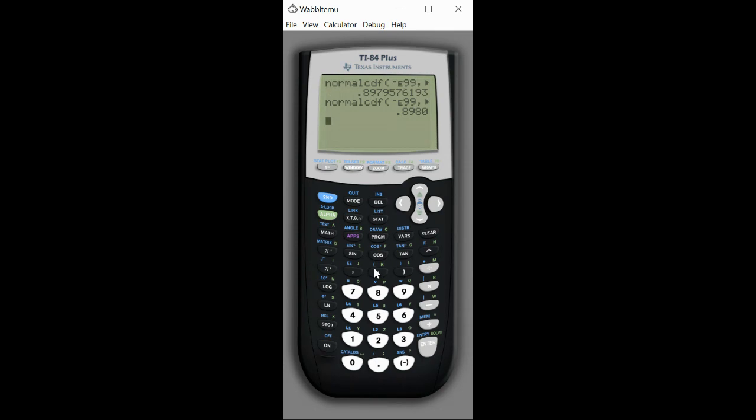All right, so I'll be doing several of these. We're going to be doing areas to the right, areas in between, and then we'll switch up and we'll be finding the inverse norm, which means, hey, once I give you an area, you give me that z or that x value that I'm looking